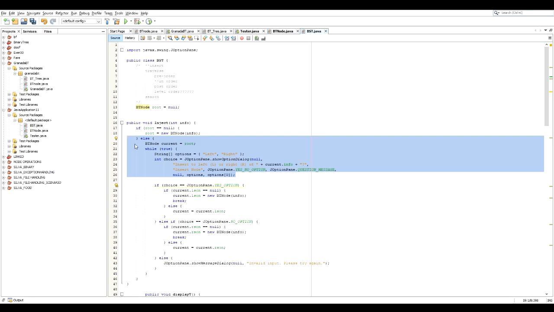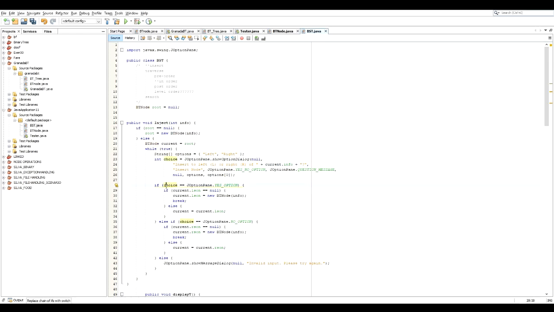So the loop continues until a valid choice is made. If the chosen direction, which is here choice, is JOptionPane.YES_OPTION, which is indicating left,